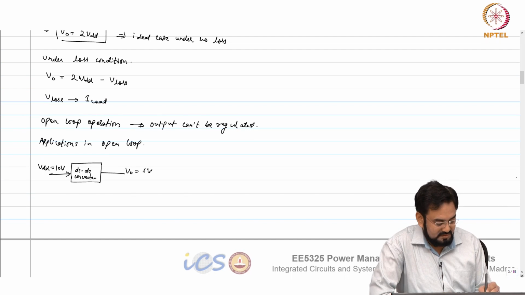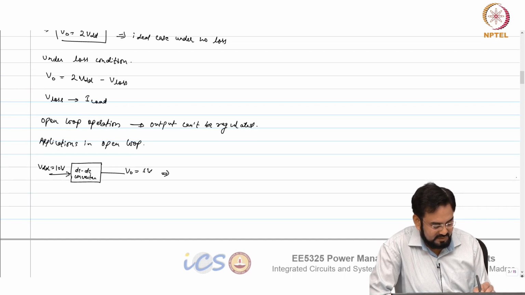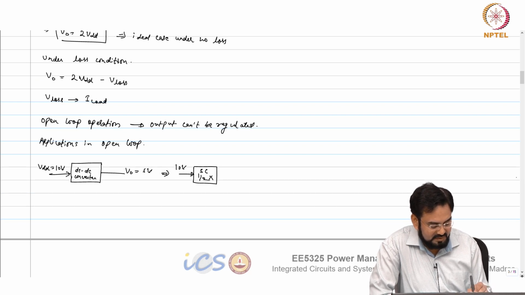Okay. So what you can do, switch cap 1/2 X. So this is 10 volt, this is 5 volt.